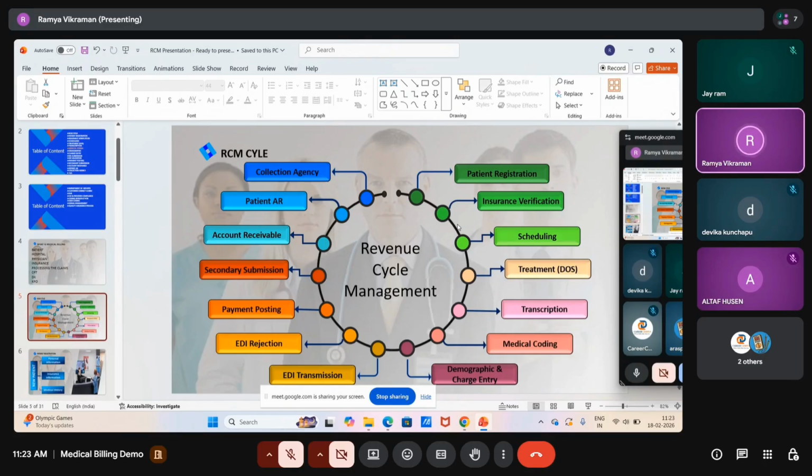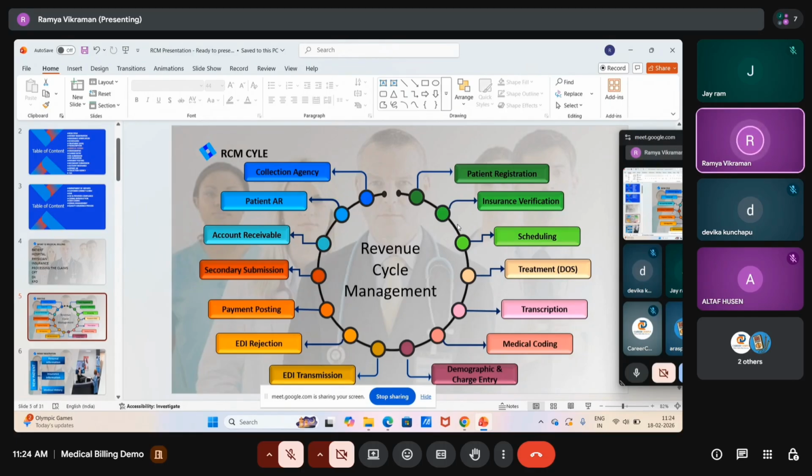They will also verify, according to the patient's plan, whether those services will be covered or not. If the service is covered, obviously they are okay with that. Then they will call and inform the patient, we verified with your insurance, all are good.